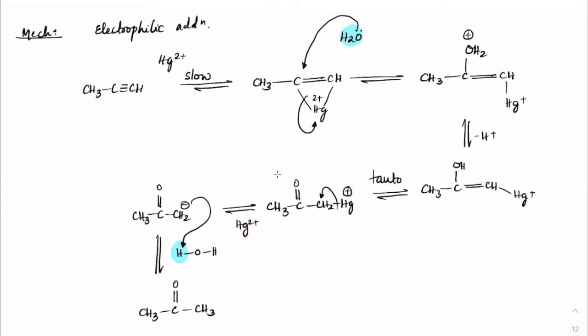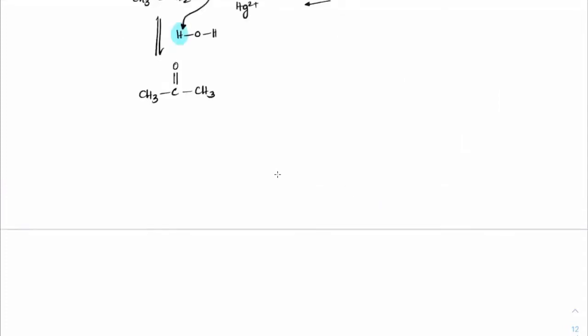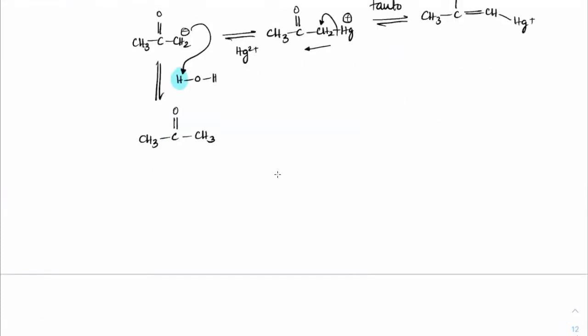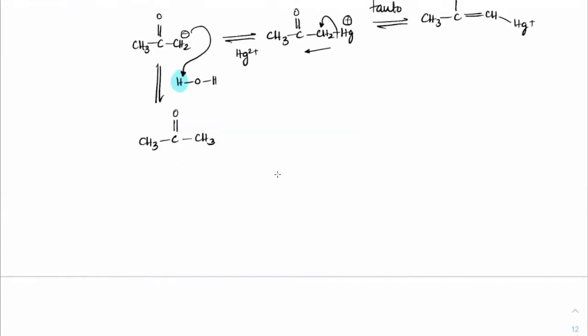again Hg2+. Correct? The reason being C double bond O is present, carbon's electronegativity is increased, so it will pull the electrons towards itself, reeling out Hg2+. And a very small catalytic amount of Hg2+ is added, that is sufficient for the reaction to happen. Okay. This is a much easier available reagent as compared to that of